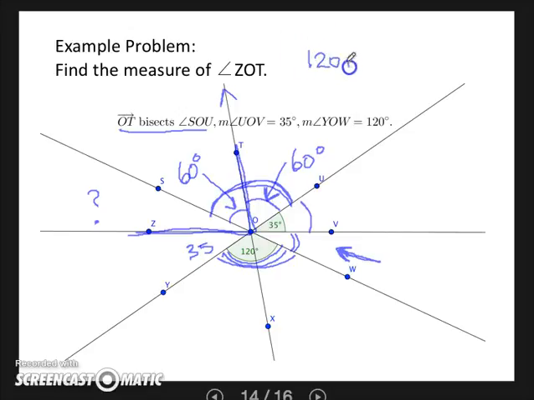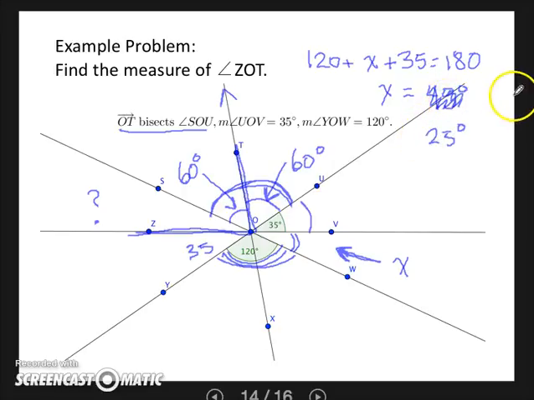120 plus, let's call this x, x plus 35 equals 180. And you're comfortable enough with algebra to be able to solve that and figure out that x equals 45 degrees. Oops. Sorry, I wasn't comfortable enough with algebra to solve that. x equals 25 degrees. Okay, so if x equals 25 degrees,